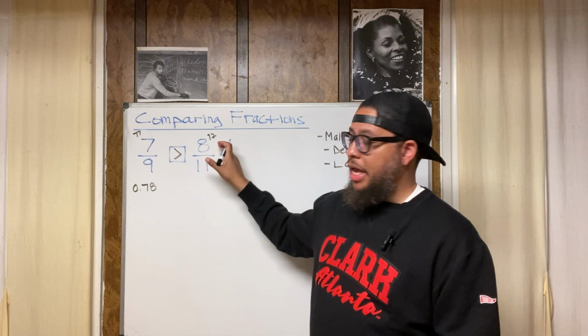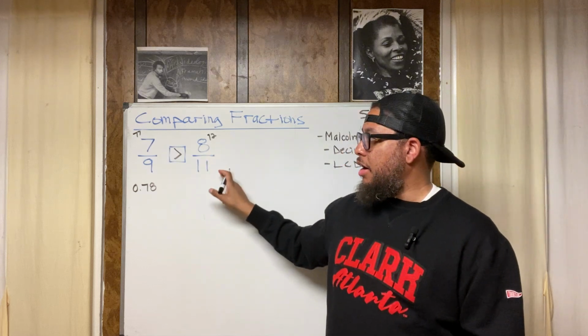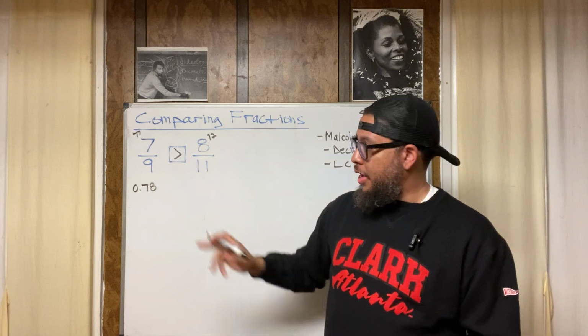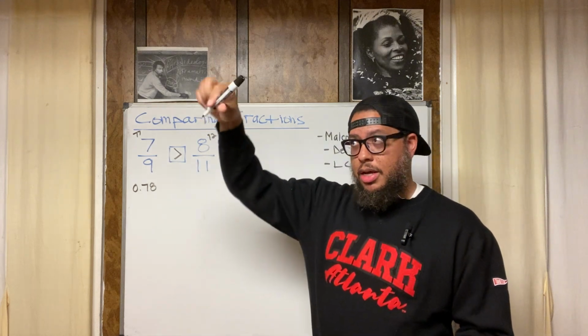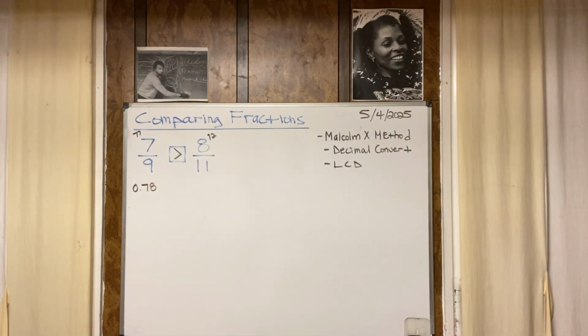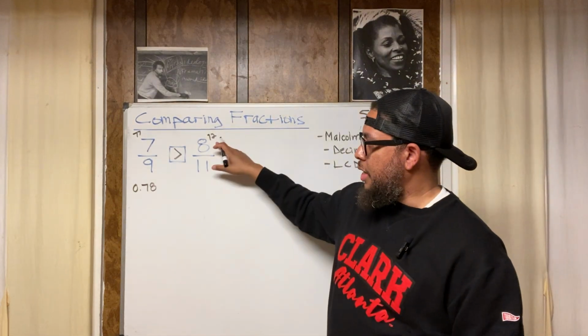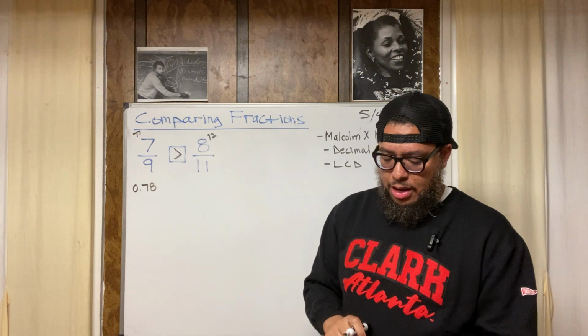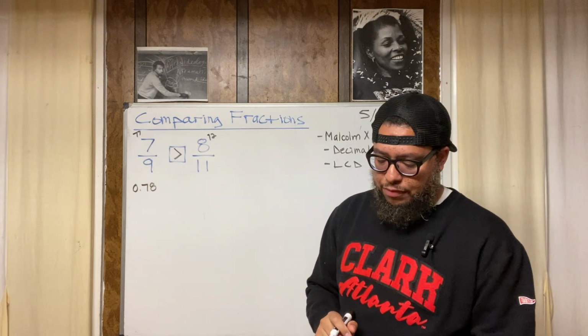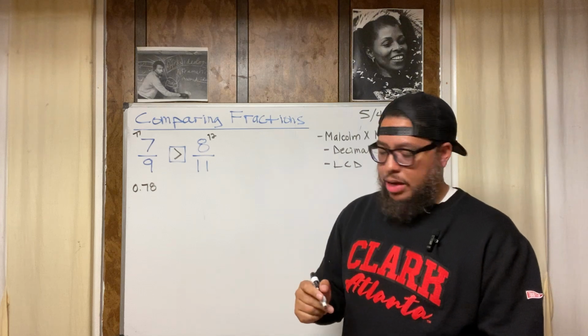Now I'm going to do the same thing for 8/11. 8 divided by 11, right? We go top down, not bottom up. Top down, we follow gravity, right? I take this marker, I drop it, it goes down. It doesn't float up in the air. We do the same thing with division. Top divided by bottom. 8 divided by 11 is 0.72, 72, 72, repeating. I round that off to